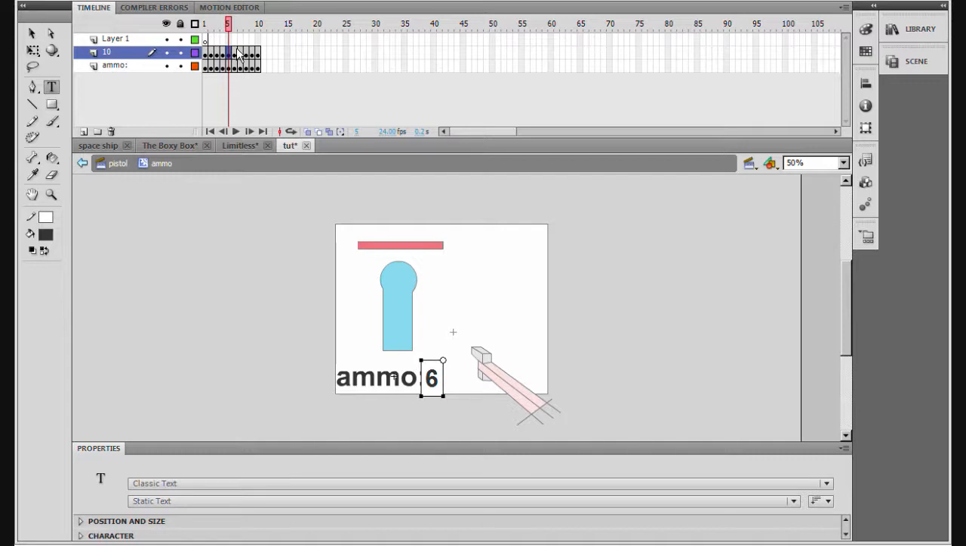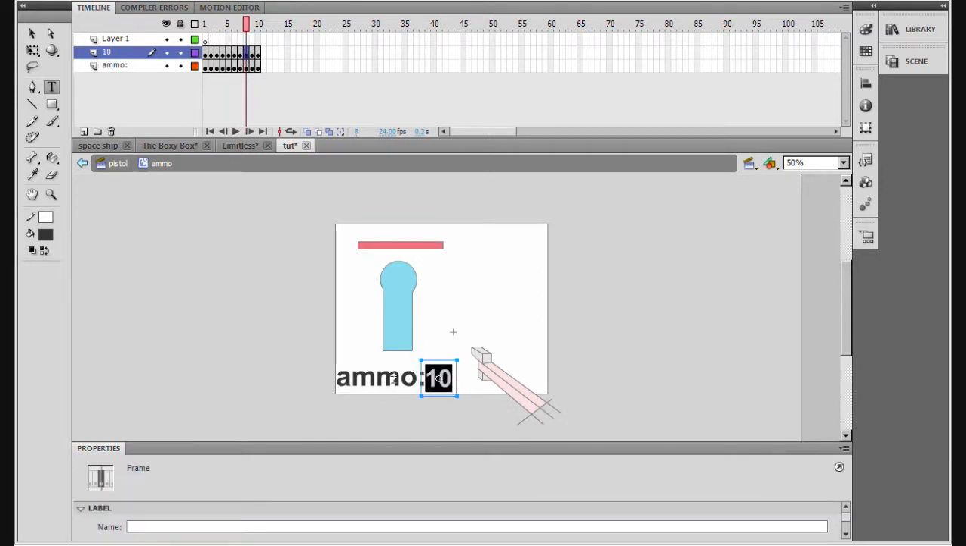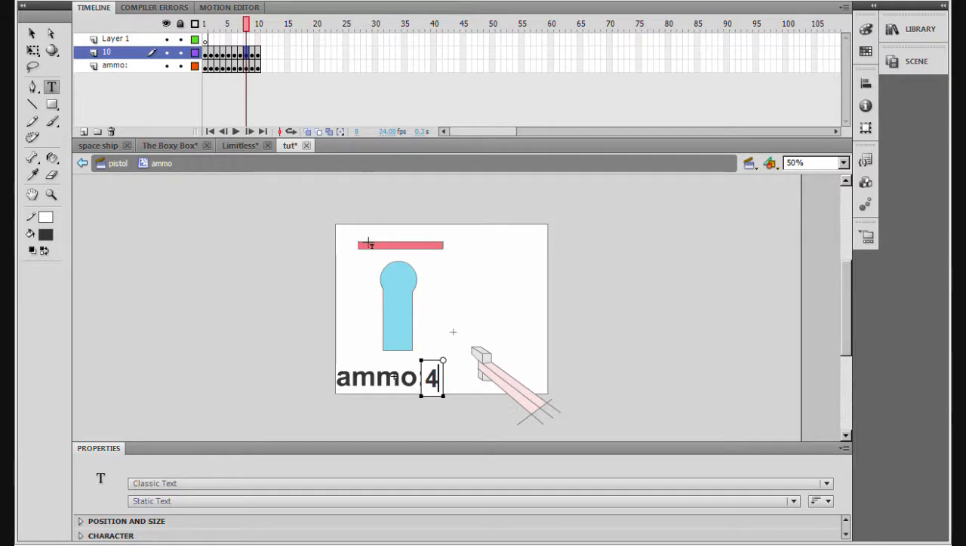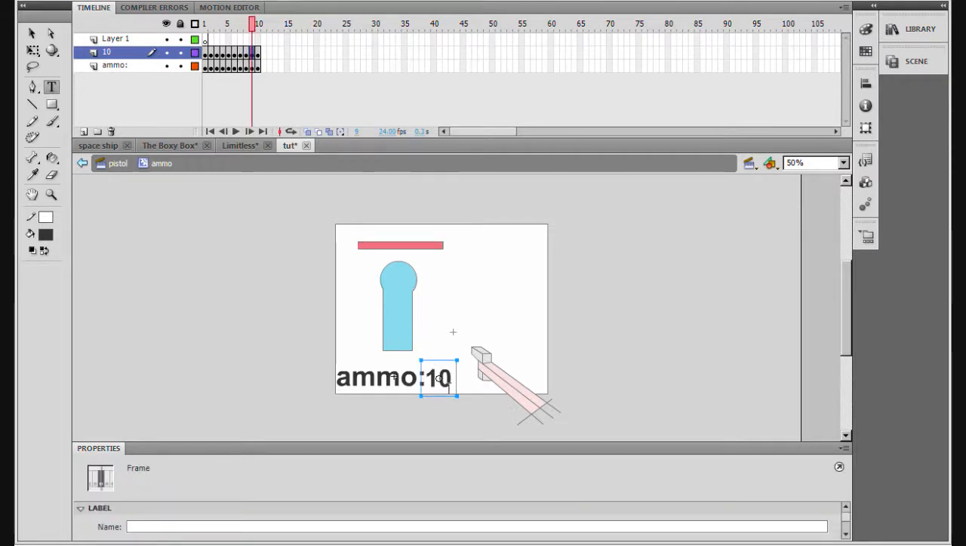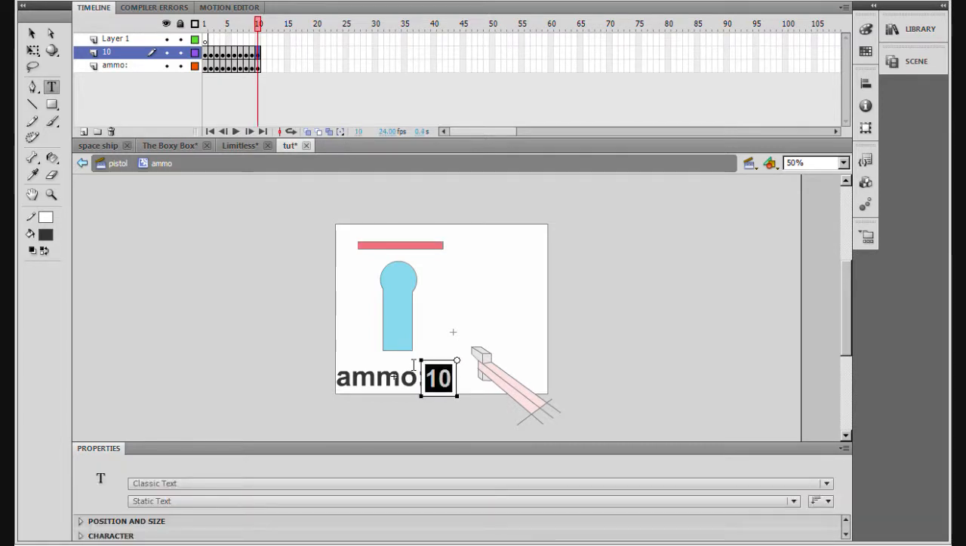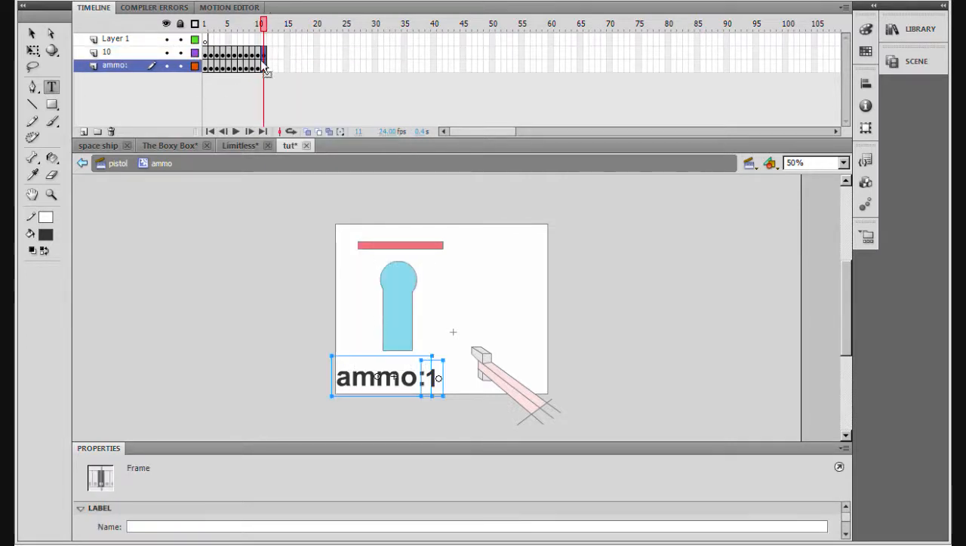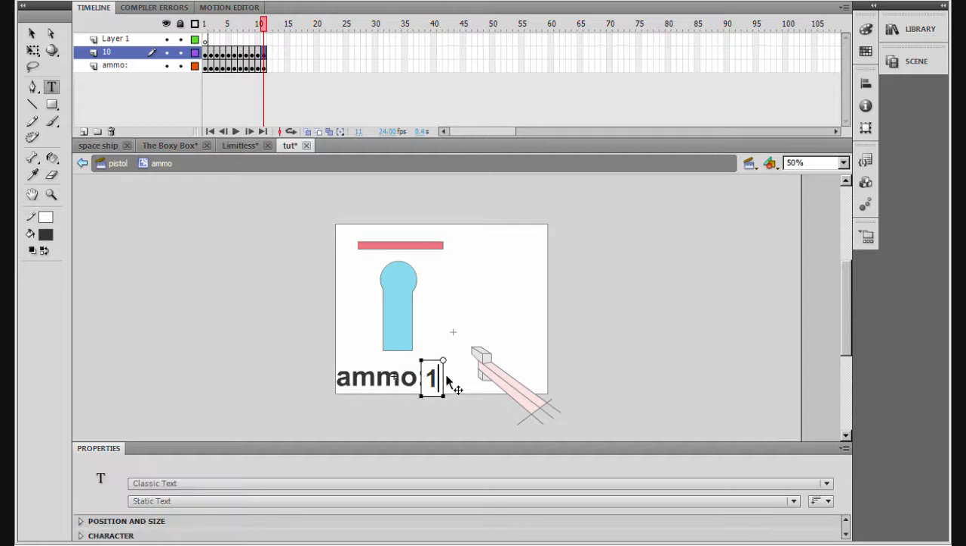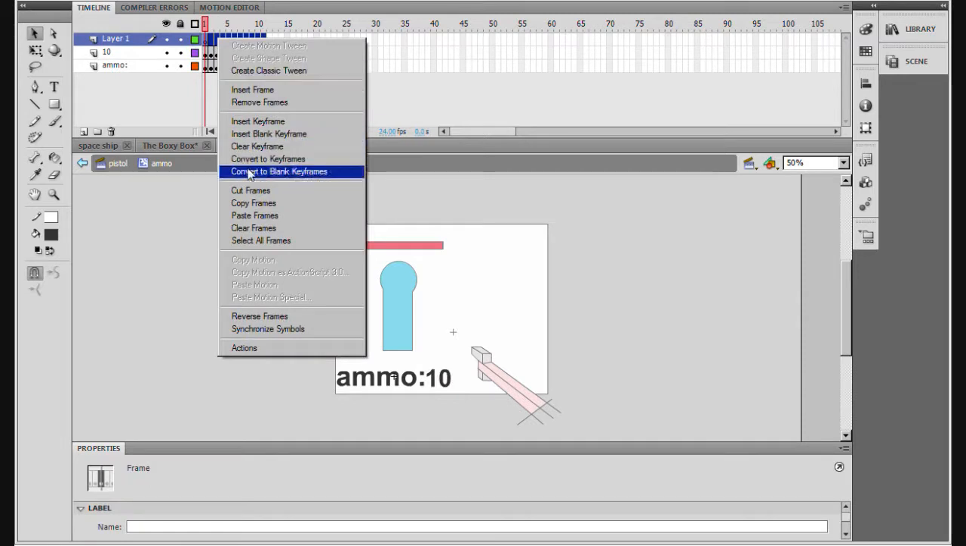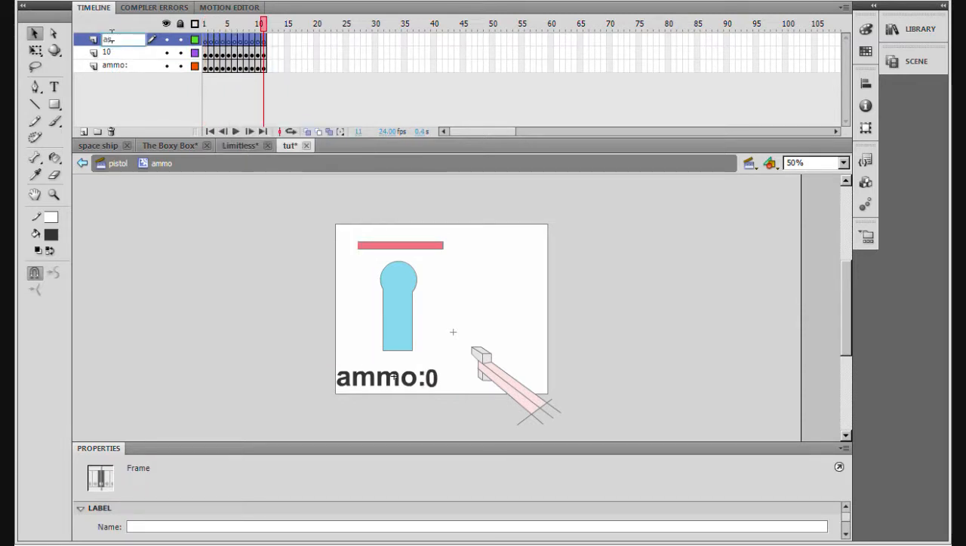6, 5, 4, 3, 2, 1, and also one more because we want it for 0. Okay, now we also create 10 blank keyframes for the top, name that layer AS2, we'll go into this,